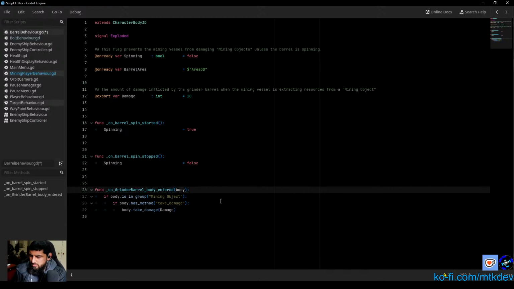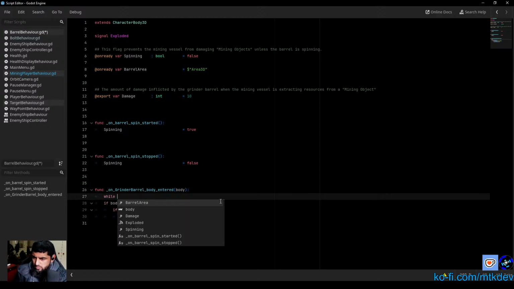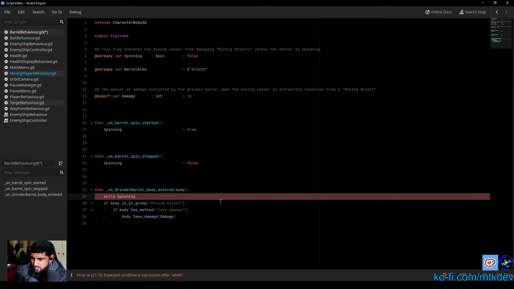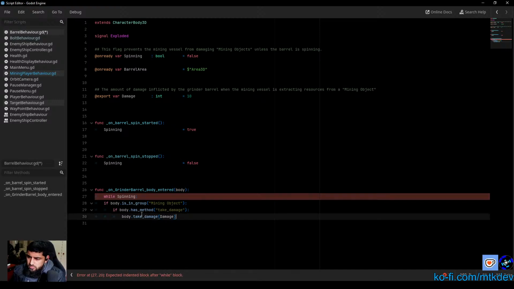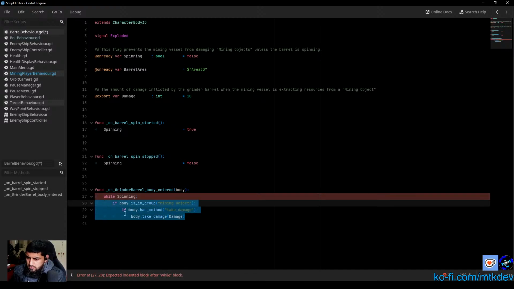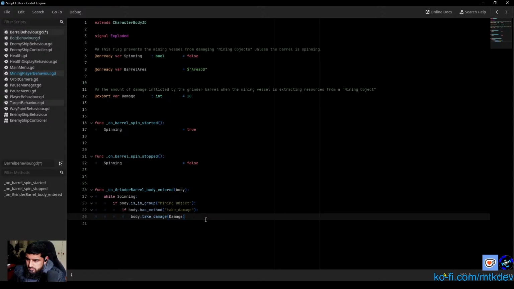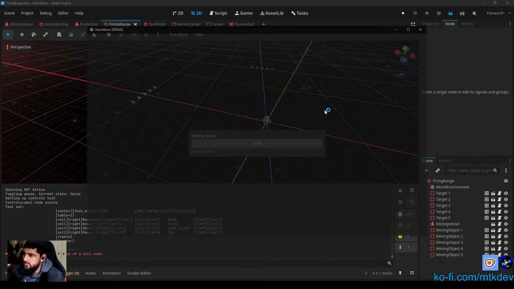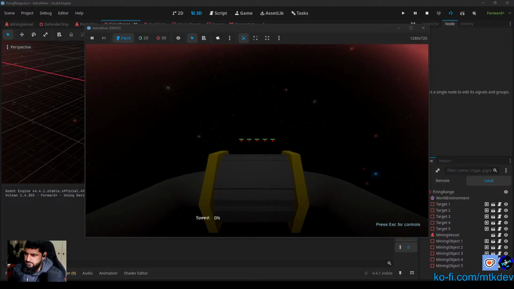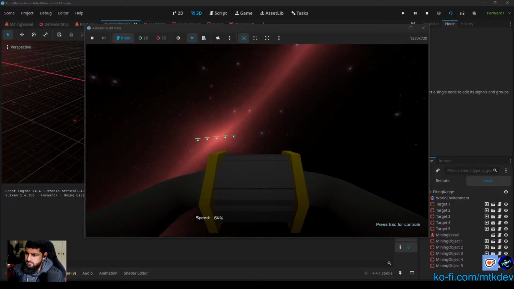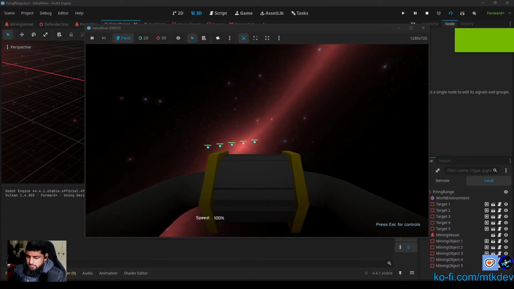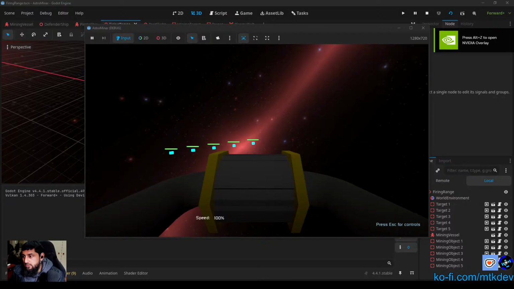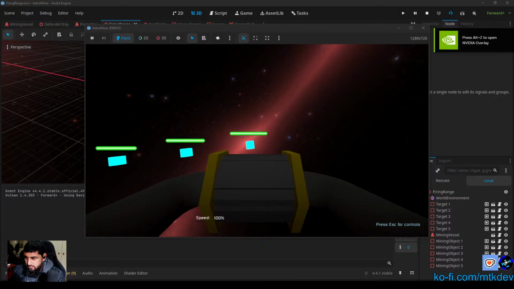We make it a while loop. So while spinning, do this. Okay. Let's see if that fixes it. We'll run the scene. And so this should be while spinning, if the object is of type mining object,